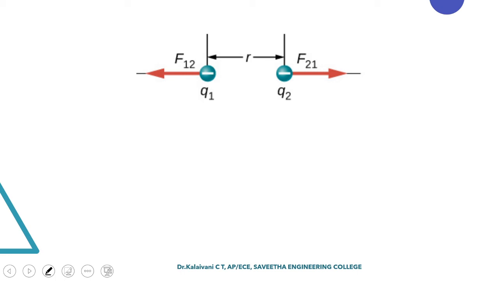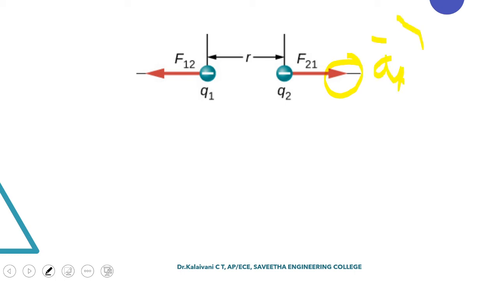So when Q1 goes away, we name that force as F12. When Q2 goes away, we name that force as F21. From which point we are calculating, that comes at first. Due to which point we are calculating, that comes second. So F21. Okay. And this will be your direction of propagation, given by the a_R vector.